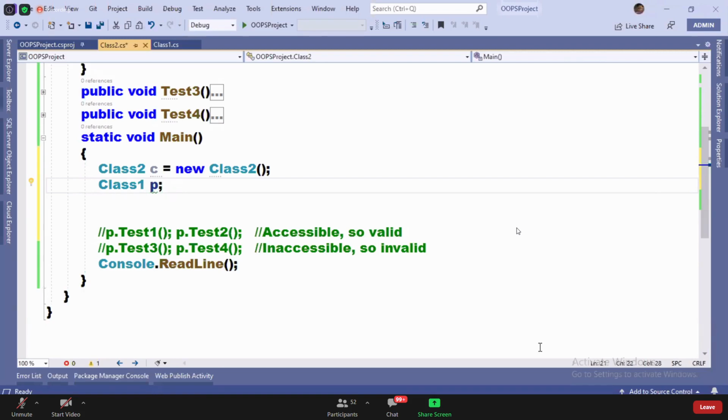Clear now? Now, I can initialize a parent class's variable by using a child class instance like this.